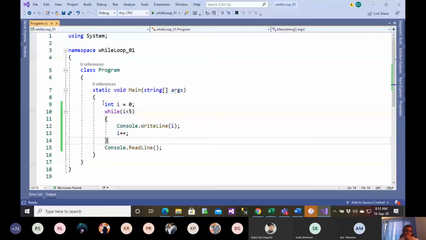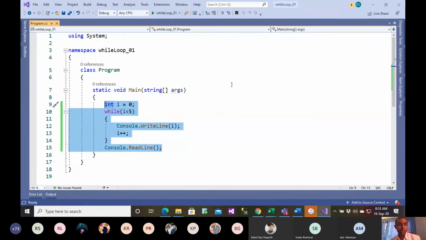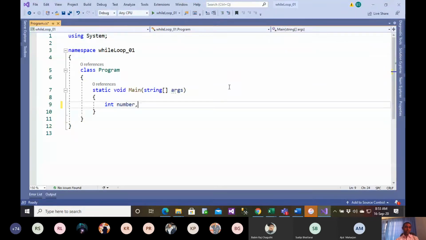If you have understood this while loop, it's not really difficult, everyone. You could implement whatever you have done in the for loop. For example, we have just created a table, isn't it? We could do the same with the while loop also. Let me convert this program to calculate the table, by reading the number, whichever table you want to find out, and also finding out the limit for the table. So I can just make an integer number and a limit.